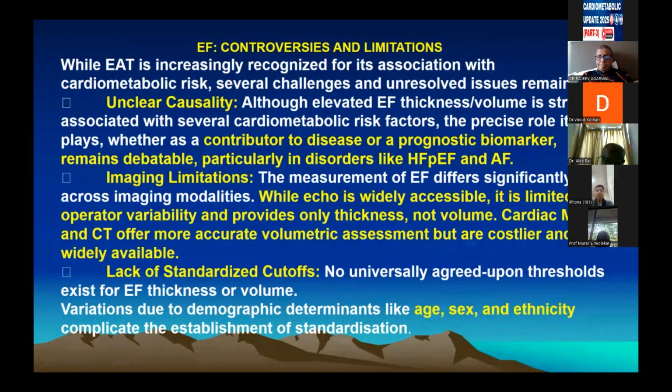Other ethnic groups is 7 millimeters. The Koreans have also shown something like 7 millimeters, but we do not know whether that number would apply to Asian Indians. So there are quite a few limitations and challenges. Also, there are some studies showing no relationship with epicardial fat pad and some of the conditions I've mentioned, but most of the studies agree with what I've mentioned earlier.